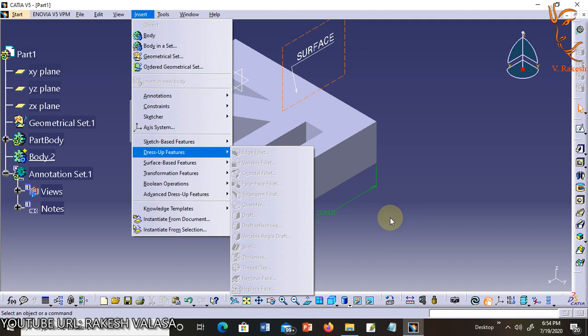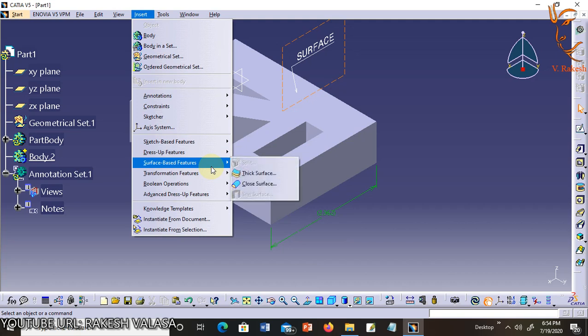These are the options available in dress up features. This tool is a duplicate of the toolbar found in the Part Design workbench. This tool is covered in more detail in the Part Design workbench lessons.